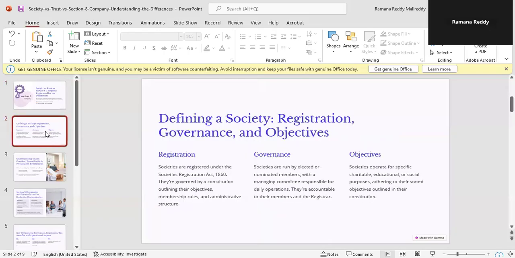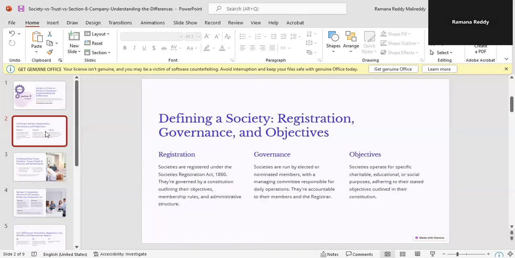Defining a society, its registration, governance, and objectives. Registration: societies are registered under the Societies Registration Act 1860. They are governed by a constitution outlining their objectives, membership rules, and administrative structures. Governance: societies are run by elected or nominated members with a managing committee which is responsible for daily operations.